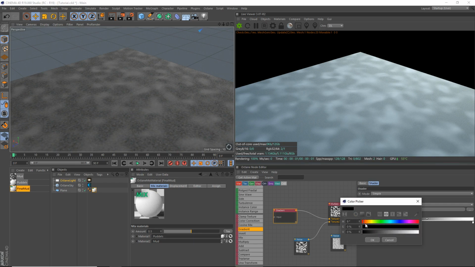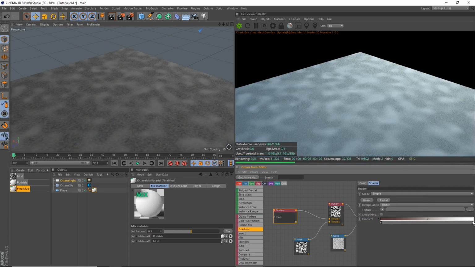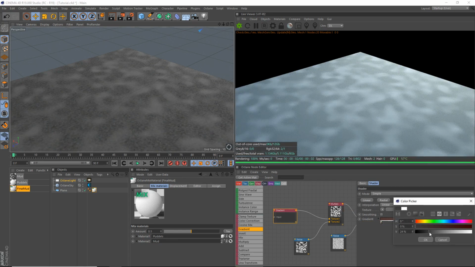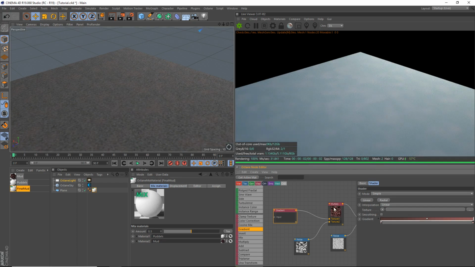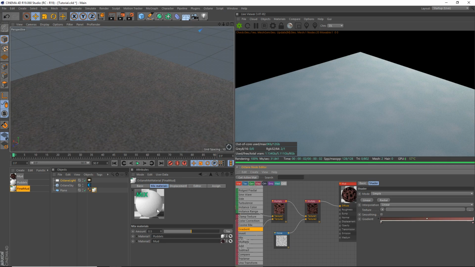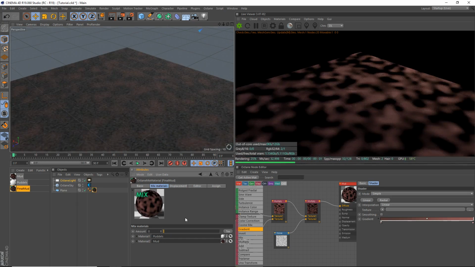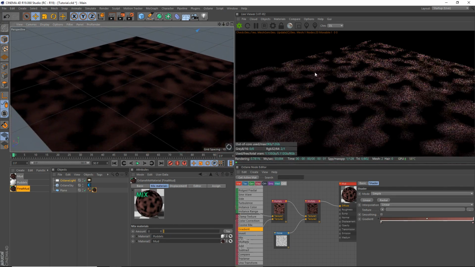Let's make the first one a kind of dark brown, like very dark brownish. That's too light. Dark brown, and the other one we're going to make kind of light brown, so similar but a bit lighter. Okay, just like that. There we go. Now we're just going to set our mixed material for preview purposes all the way to that one. Just for now,